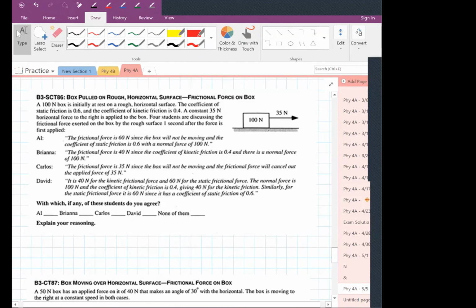So is the box going to move? It started out at rest. Is it going to move? No, because the maximum static friction force is 60 Newtons, right? So as we pull, if the box sits there at rest with no force on it, the